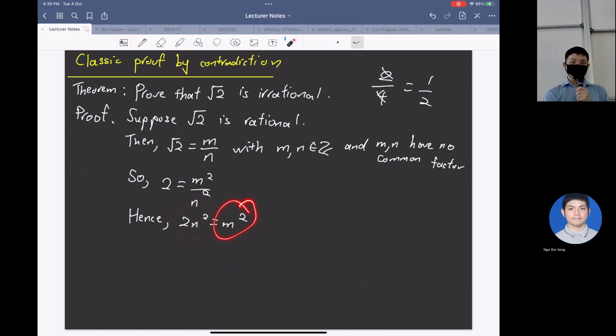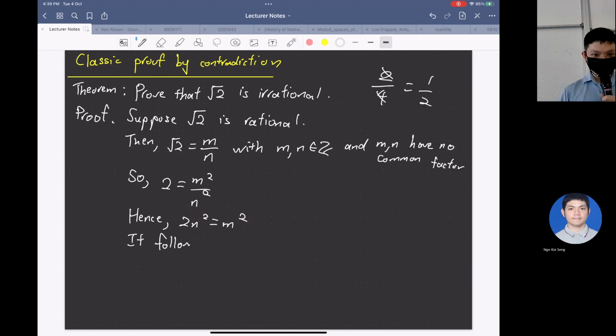So meaning m squared is what? M squared is what? 2 times the integer. Even, yes, even. Okay, good. And then it follows that